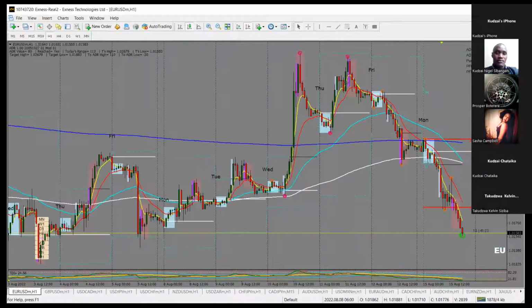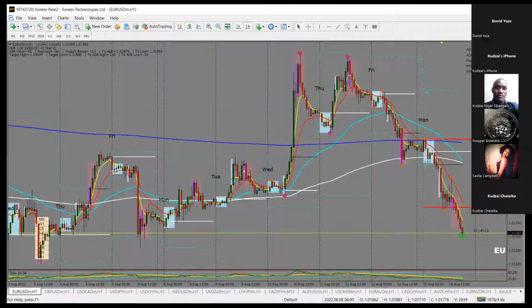You could have taken your trade probably somewhere there. This is where you had your railroad track, maybe at the close around somewhere there. That's where you're going to take your trade. And if you were going to close the same day, you're going to close at 37 pips. If you were going to close on the following day, because it was a second leg, you were going to close at